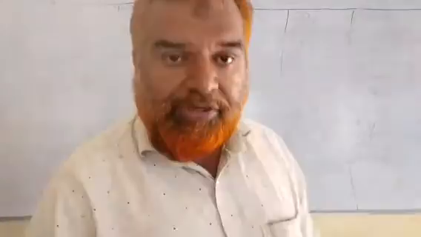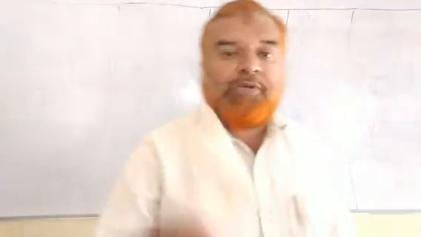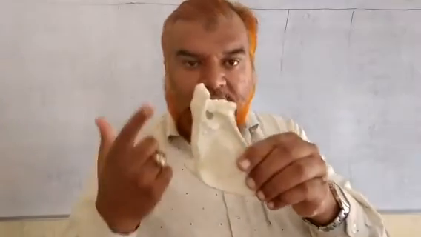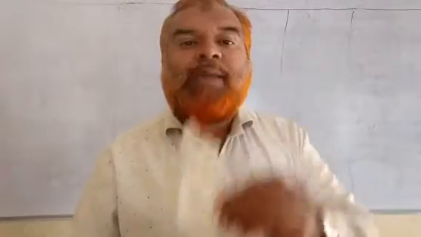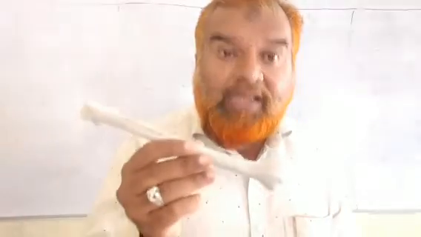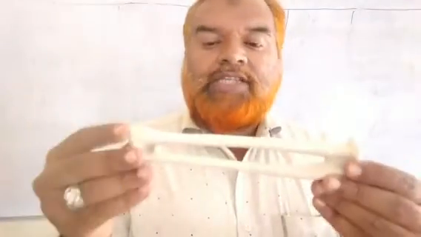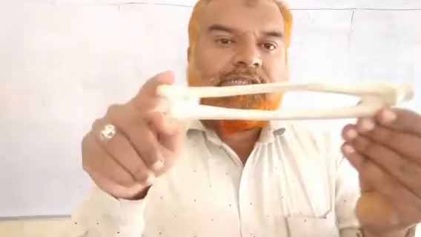Now I take out the bones, you recall and tell me which bone is this. Commonly known as, yes, you should tell. Shoulder bone, scapula. This is known as clavicle, collar bone. This is known as humerus, from here to here, humerus. After that, this is known as radius. This is known as ulna.